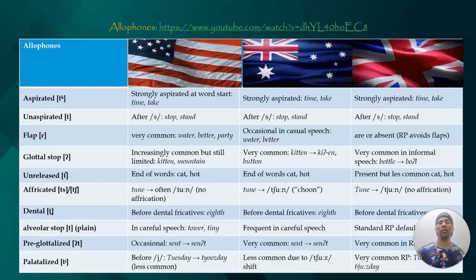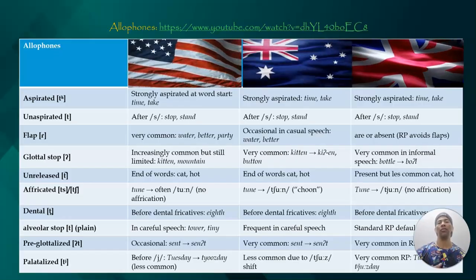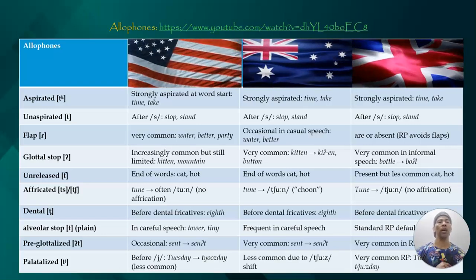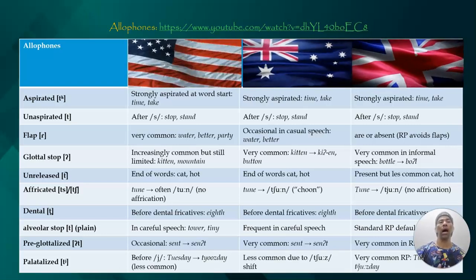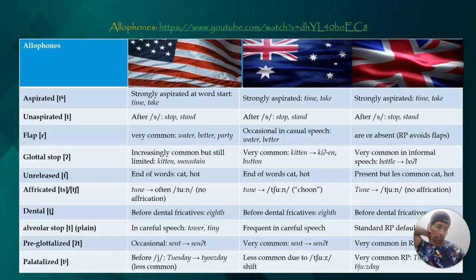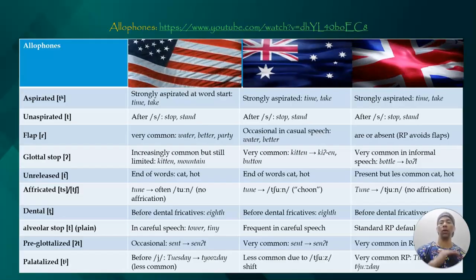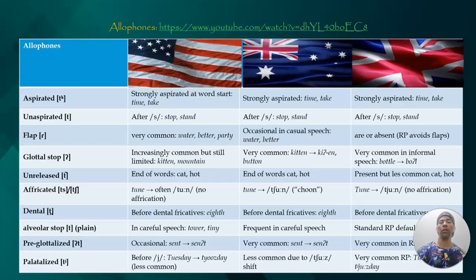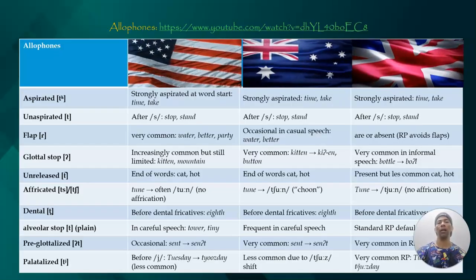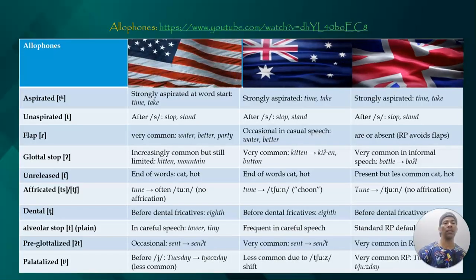If it is in the middle of the word or at the end, it could have a different way of pronouncing. So let's see some examples when it comes to allophones. In each one of the slides, I have examples on top to recognize the uses of allophones. In this case, aspirated T,